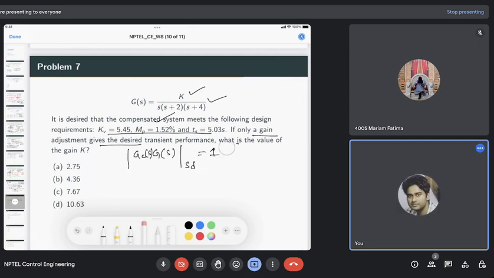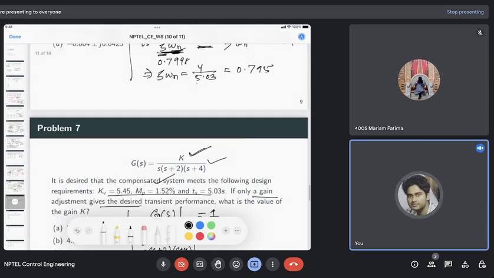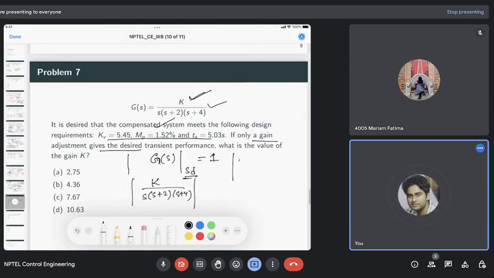Okay, now we see that we don't have a compensator here. Instead, we just want to find out whether we can place the pole only by this gain adjustment. So this K is there, so we take this magnitude, K by s plus 2, s plus 4, at this location. This s_d we already computed, right? So for s_d we just write this location